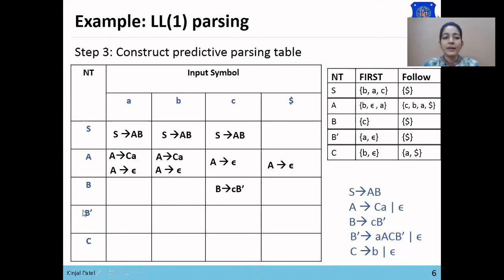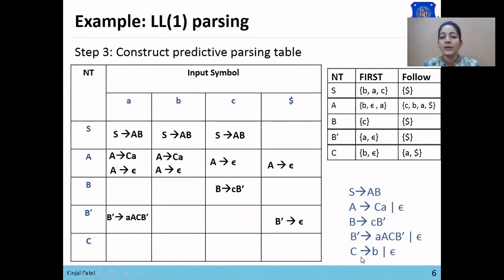From B dash to A, B dash derives AC B dash will be added. Now B dash derives null. If any non-terminal symbol derives null, then we'll check for the follow of that non-terminal. So follow of B dash is dollar. So B dash derives null will be added in the dollar. From B dash to dollar, B dash derives null will be added.